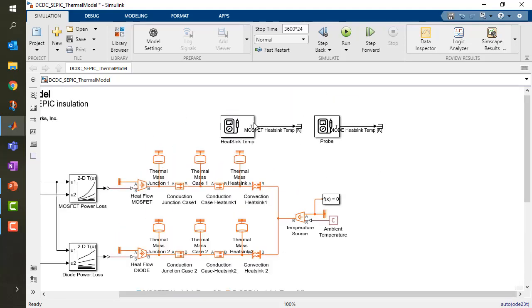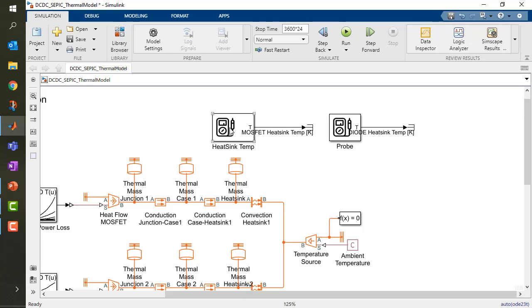I used a new probe block to get the temperature. You can use it for any kind of physical system. You double click, you pick a block, and then you will get access to all the variables that are inside this block. So this is a very convenient technique that allows you to build up a network and avoid instrumenting everything with sensors. This has been introduced in release 2028.